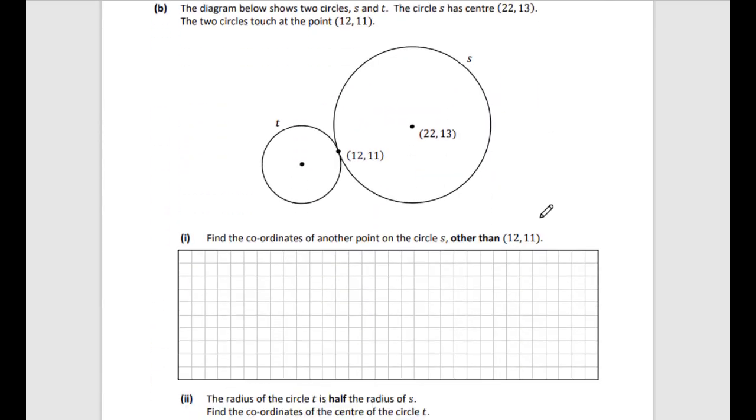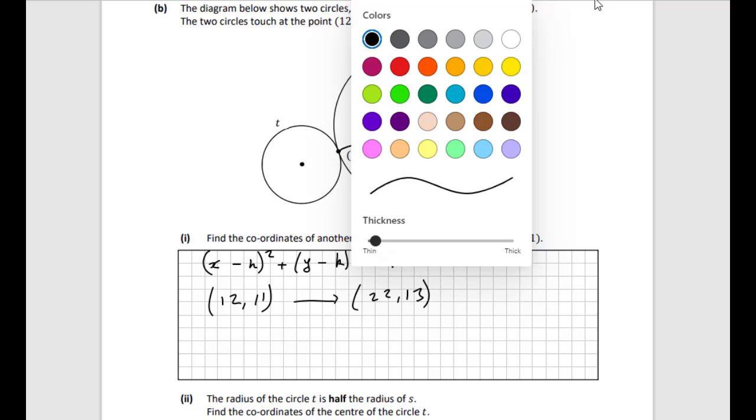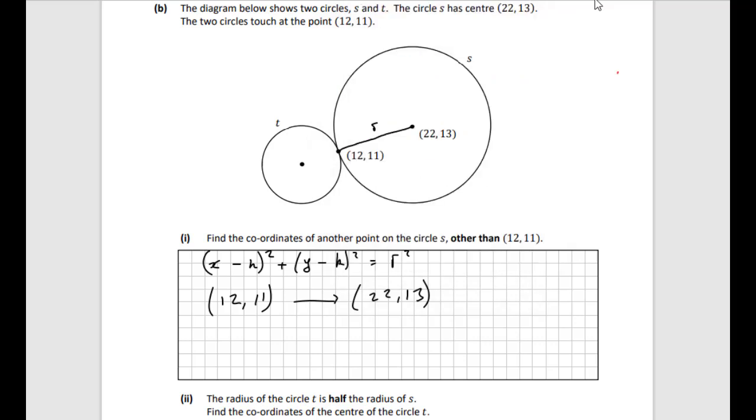Let's have a look at part B then. The diagram below shows two circles S and T. The circle S has center (22, 13). The two circles touch at the point (12, 11). Find the coordinates of another point on S other than (12, 11). You've got (12, 11), and if we translate that over to (22, 13), how do we do that? Well, what do we do to the 12? We add 10 to give us 22. What do we do to the 11? We add 2. So if we do the same again,